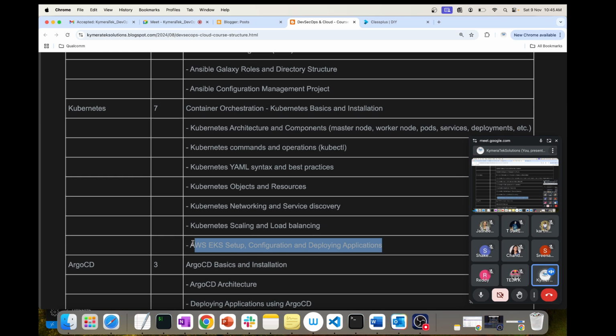Then we deploy our application and expose it to the external world and see how it is accessible. We will cover ingress, service types, RBAC, role based access controls, how to manage the storage, PV and PVCs, and network policies, and then the pretty much basic stuff like deployments, replica sets, stateful sets, stateless applications, what that is and all in Kubernetes.